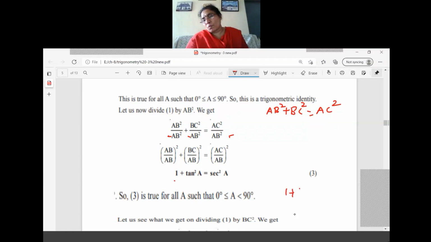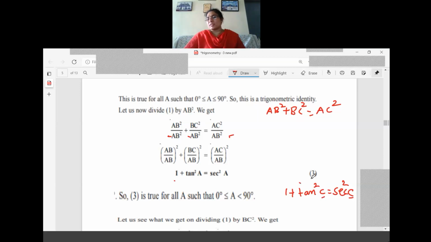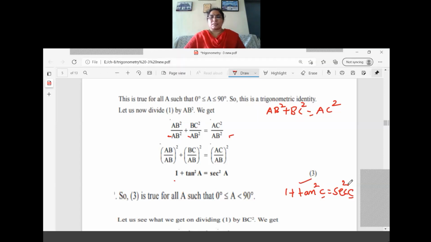What we can get is 1 plus tan square C equal to sec square C. So 1 plus tan square 0 is equal to sec square 0. 1 plus tan square 30 is sec square 30. Like that we can write here sec, one more C is required here, right? So that is the case here. C and C, don't confuse. This is an angle only. Instead of C we can write 30. Instead of C we can write 60. So when we change the tan value to 60, then the sec value will change. That is the case.